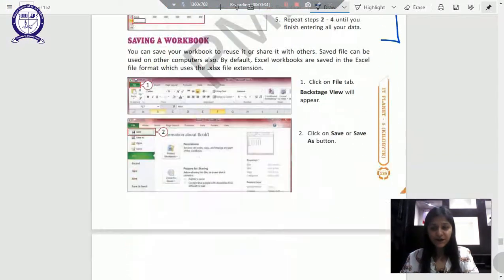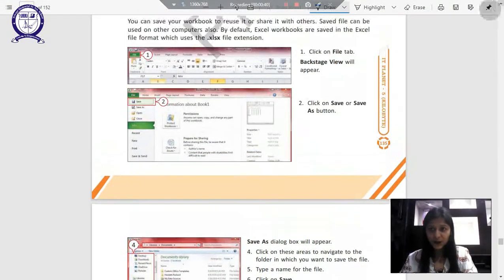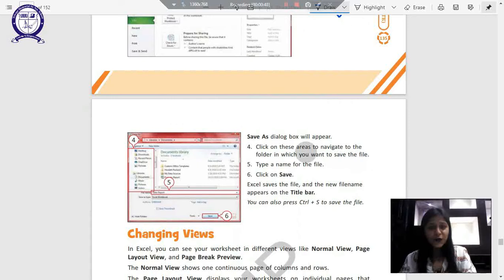Moving ahead to save, yes, we learned about that. So these are the steps that you should read. Don't forget to do that, students. Click on the File tab, the Backstage view will appear. Click on the Save or Save As button, and once the dialog box is open, you can click on the areas to navigate to the folder in which you want to save the file, and then type a name. Click on Save.